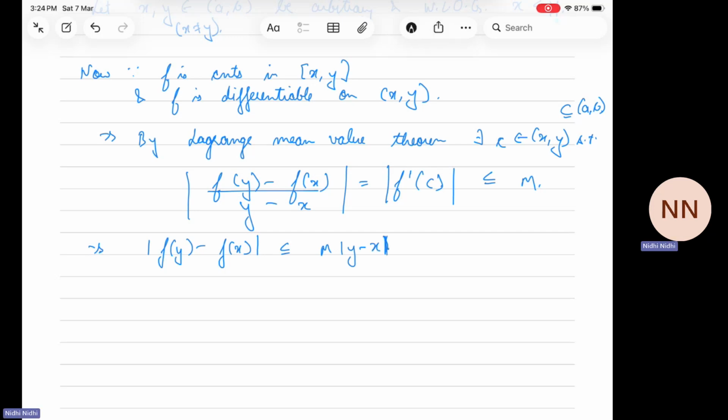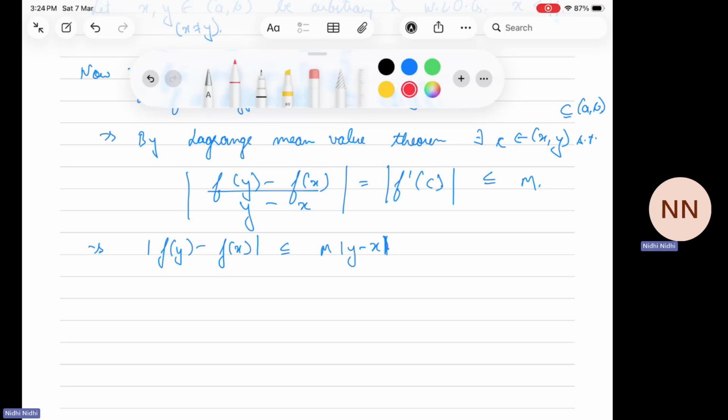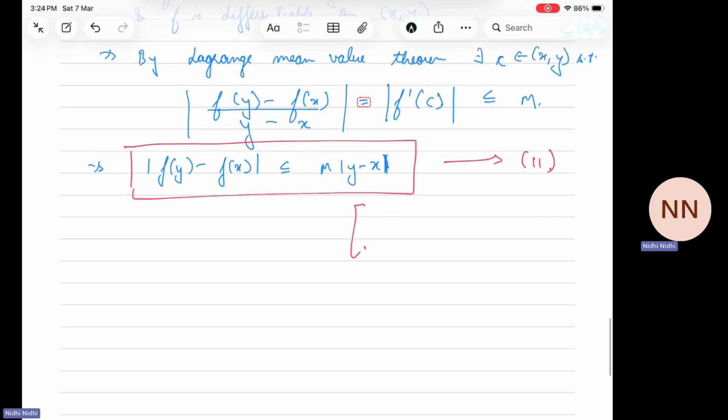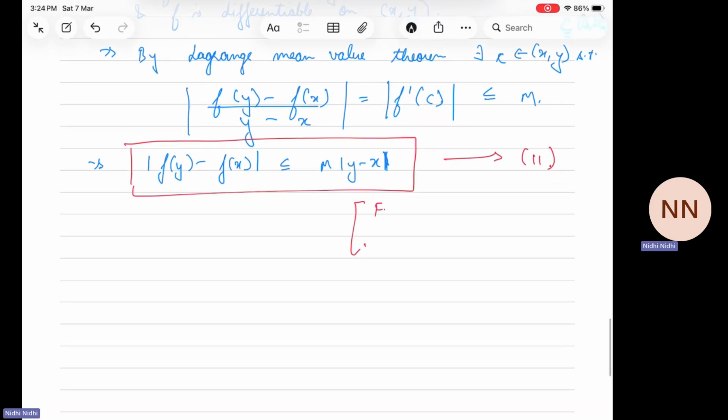Now this property is called Lipschitz continuity. So I'll mark this as equation 2, and for your information, any function satisfying this equation is called a Lipschitz